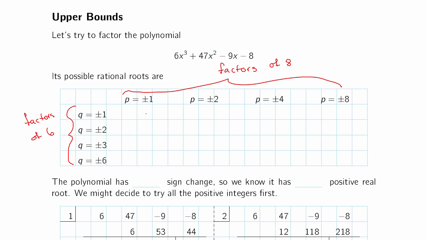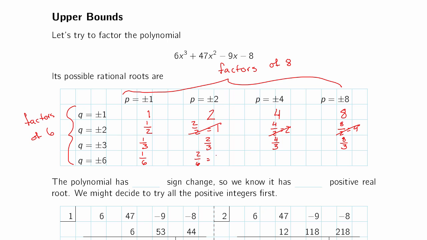So our possible roots are 1 over 1, 2 over 1, 4 over 1, 8 over 1, 1 over 2, 2 over 2 is 1, we already saw that. 4 over 2 is 2, we already saw that. 8 over 2 is 4, we already saw that. 1 over 3, 2 over 3, 4 over 3, 8 over 3, and then 1 over 6,